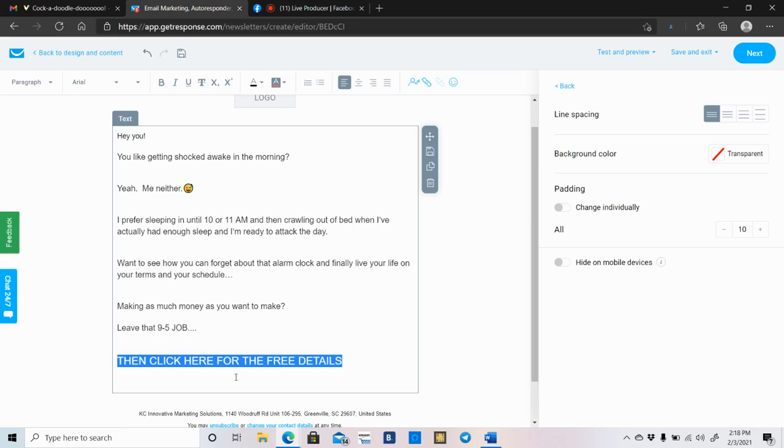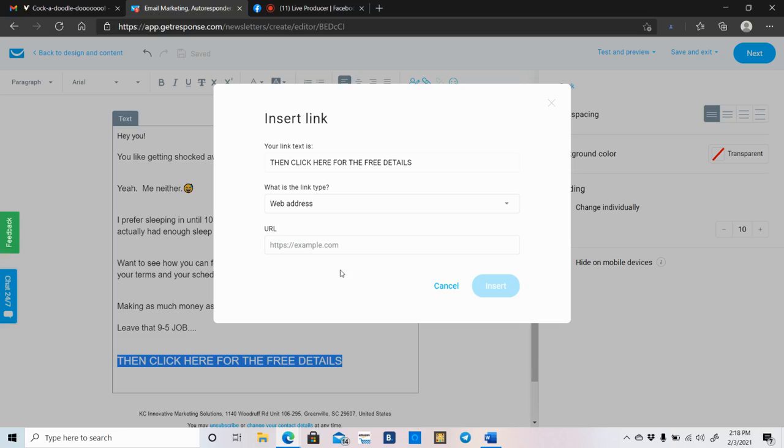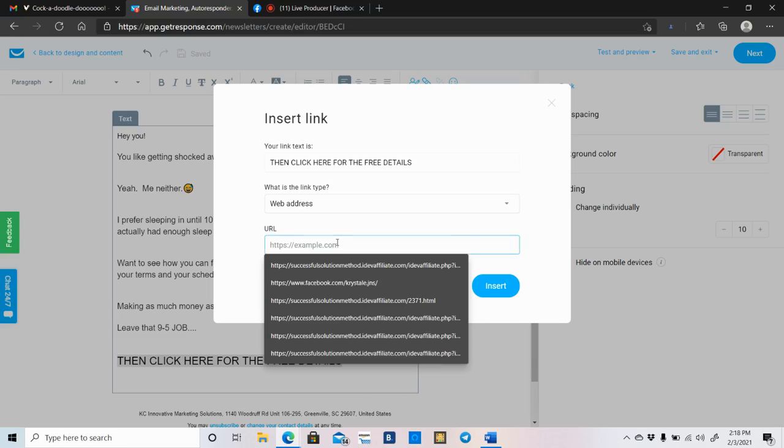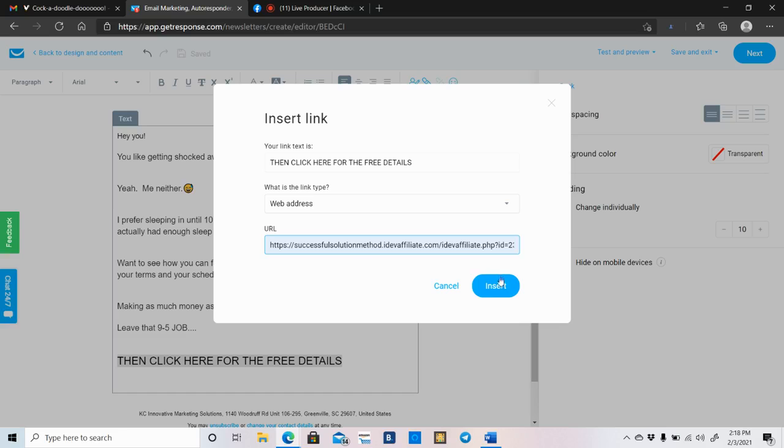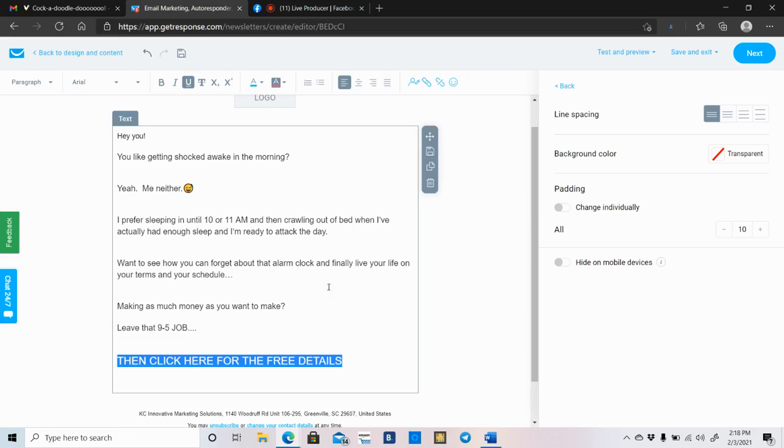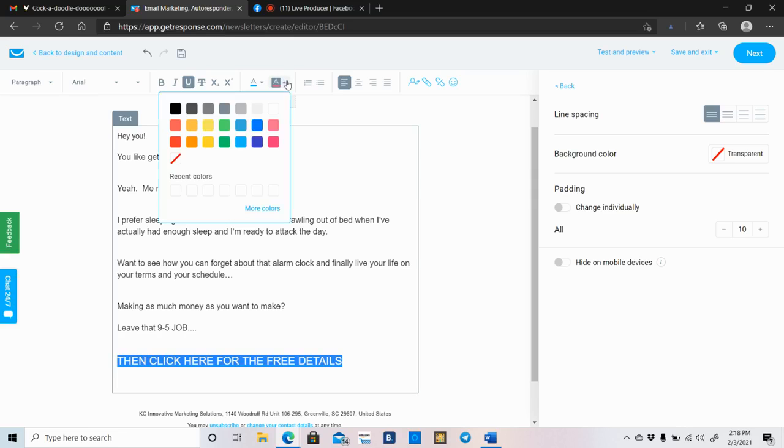Okay, so you'll do the same thing. GetResponse makes it really easy to be able to locate it. Aweber, I've seen a couple ways of being able to insert the link. All right, my affiliate link is already here, so I'm just going to add my affiliate link. So it's there. So now this offer, I really don't like the red. So this offer,